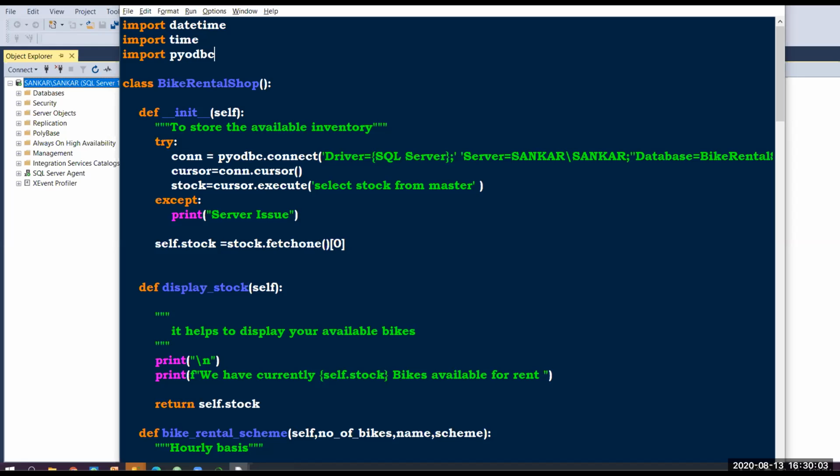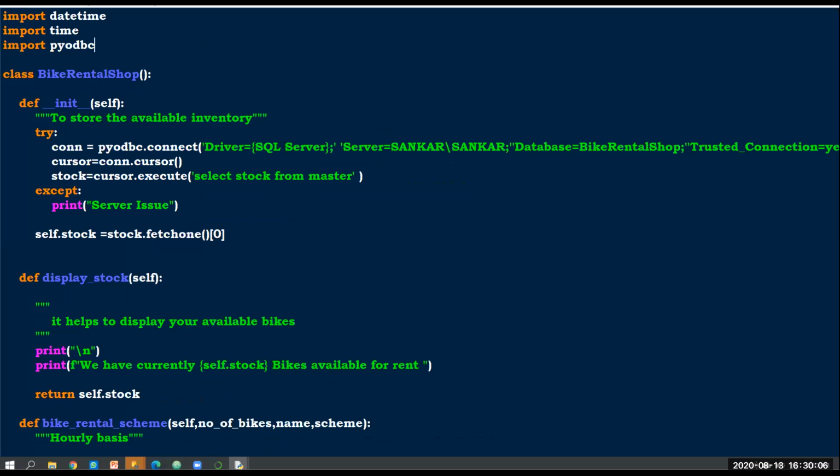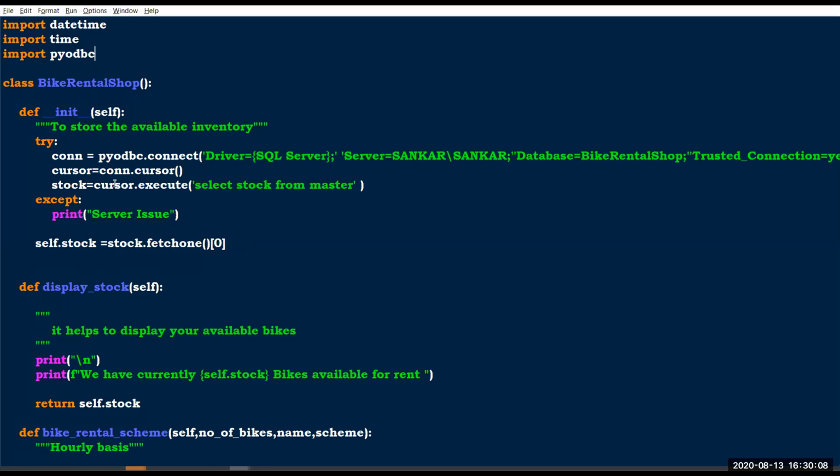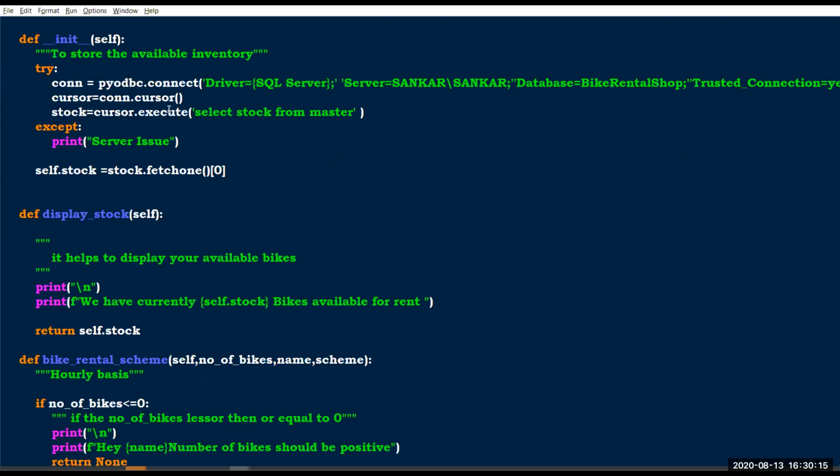Then using the cursor, I select stock from master because the master has a stock. If a person wants to take 10 bikes, in my stock I have 10 bikes. In total, 100 bikes are available in this shop.